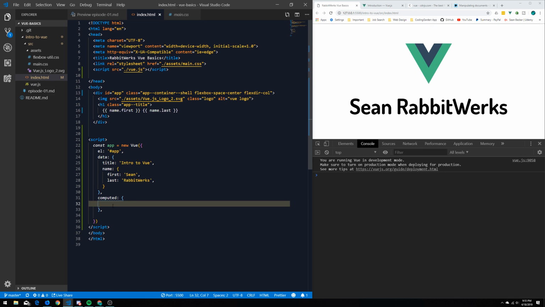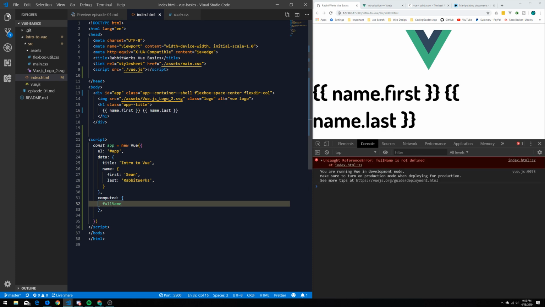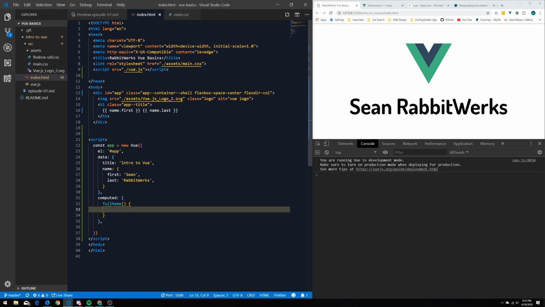So in this case, we're going to write a computed property called fullName, and we can do camel case, and we instantiate it like that because it's a function, and we need to give it a body, right? So fullName is going to return